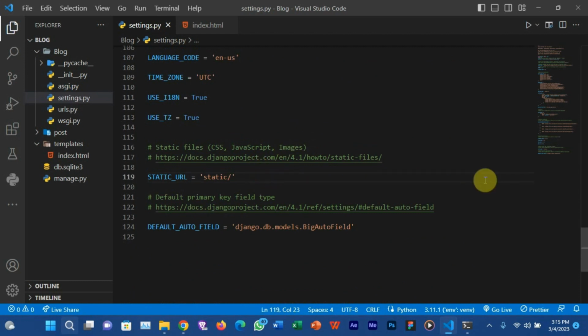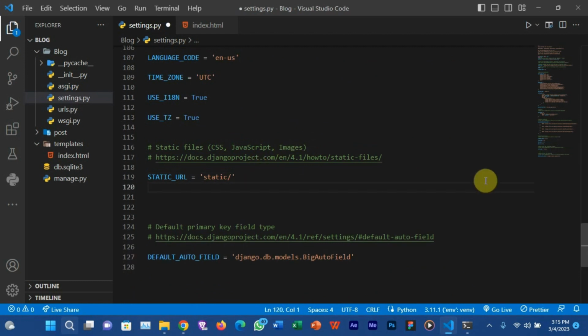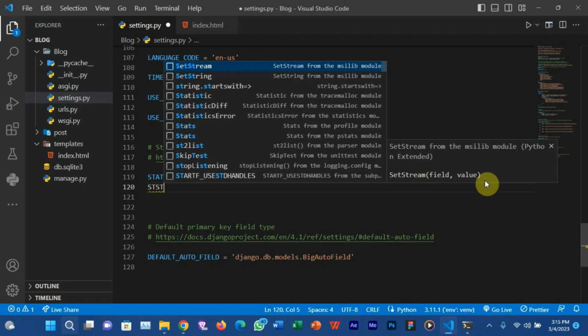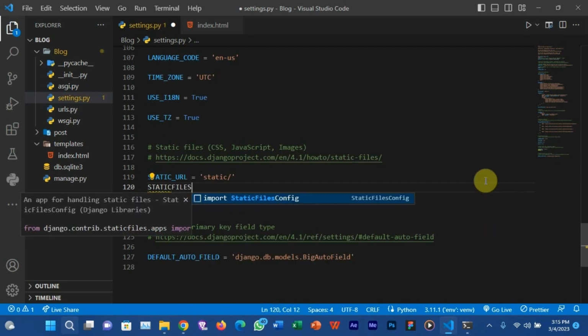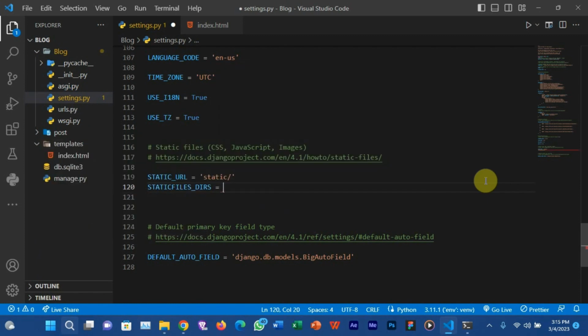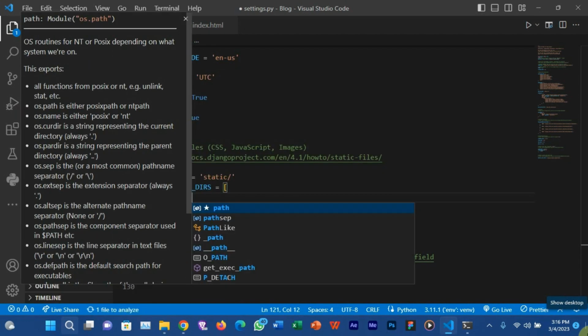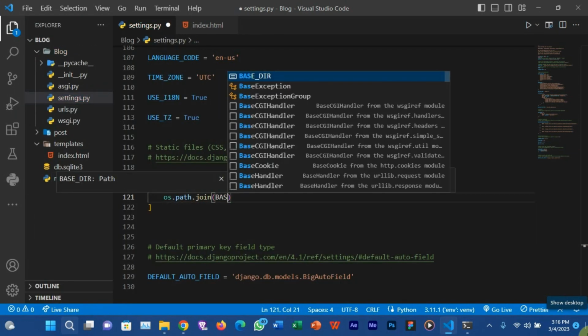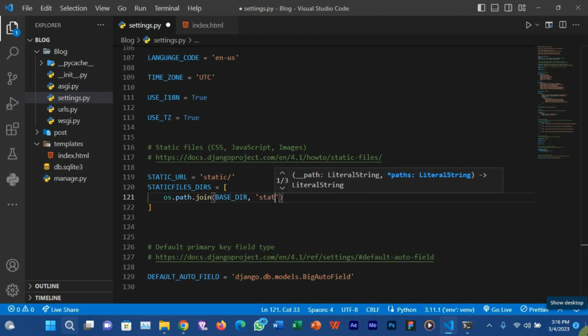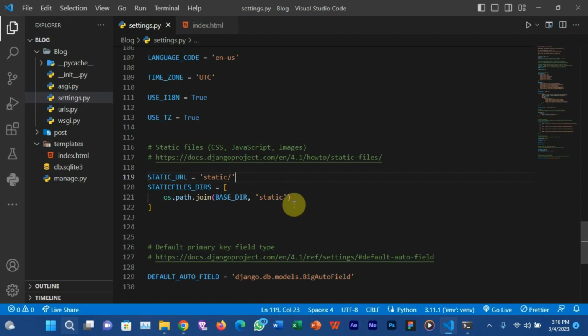The next step is to specify the static files here. So you just do STATICFILES_DIRS, the static files directory. And then you can do BASE_DIR, slash, and then the name of the static folder, so static like this. Or you can use the os: os.path.join, then BASE_DIR, and then the name of the static folder. You can choose to go by the first procedure or just use this. Either of them works fine.